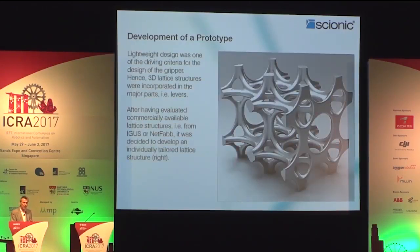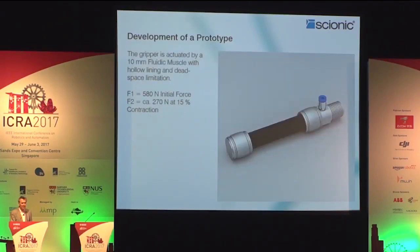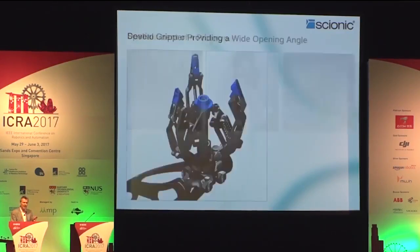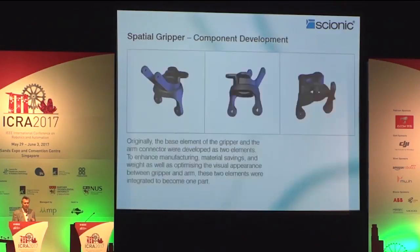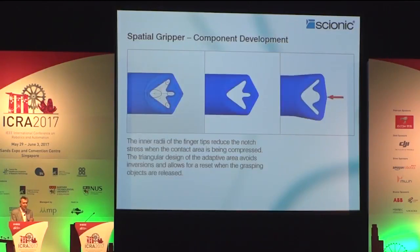Here an intricate cubic lattice work was incorporated to save further weight, and all components are listed in a database so that we can predict very early already the final weight. So when you are changing your design, you can predict in which way the static or dynamic forces will change on a robotic arm. The 3 grippers you are looking at here were for graduate students, so it was and